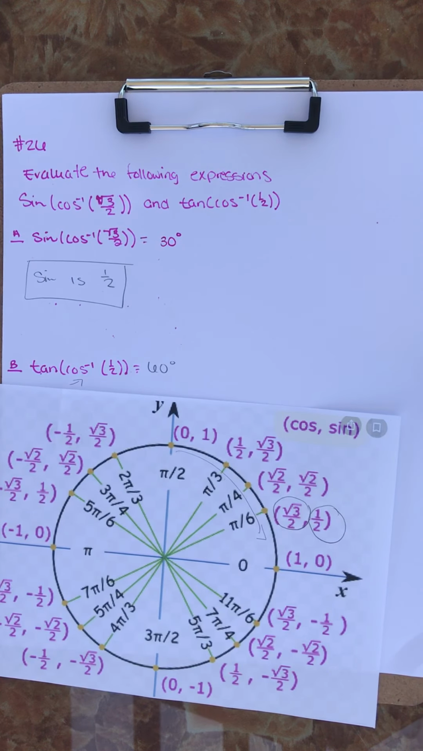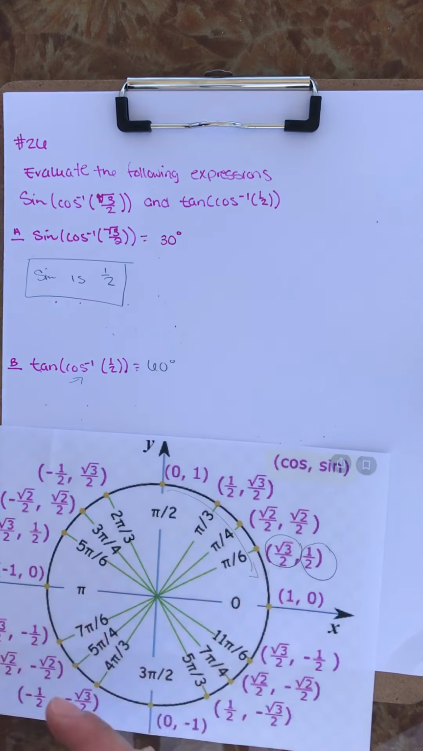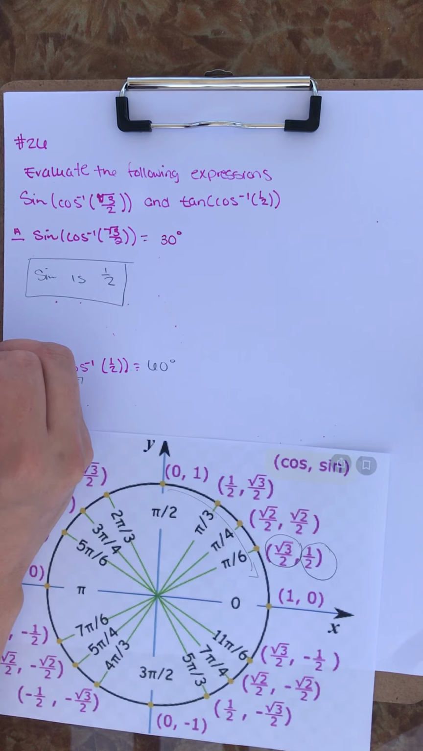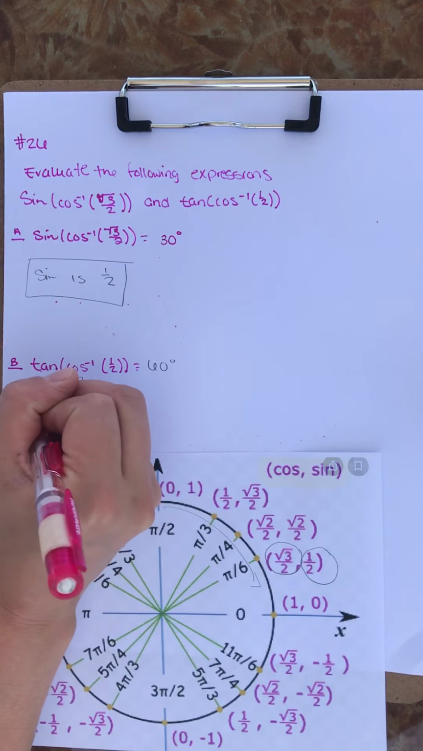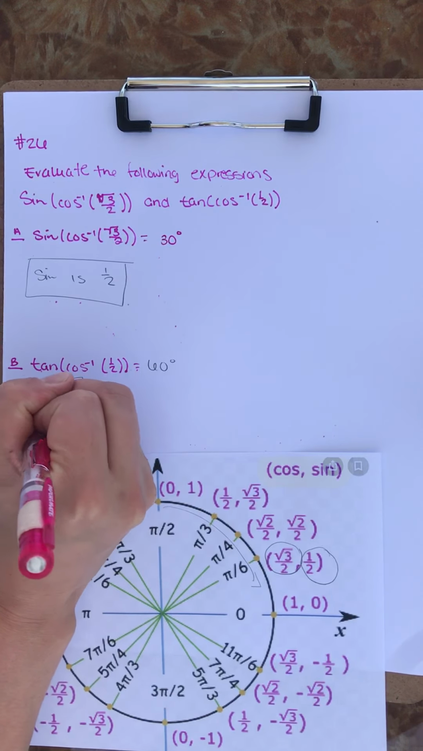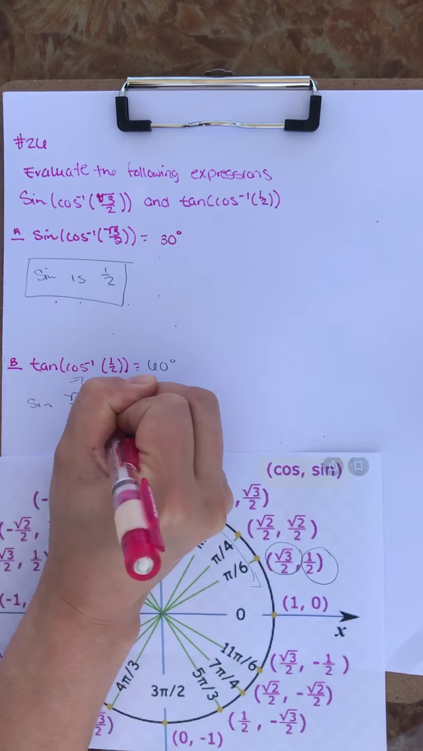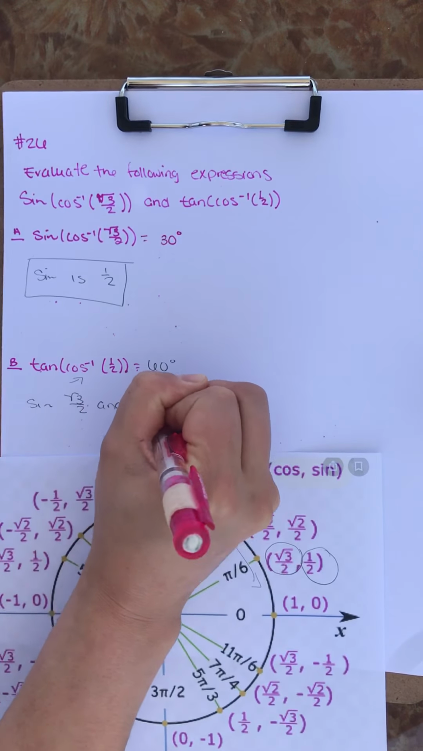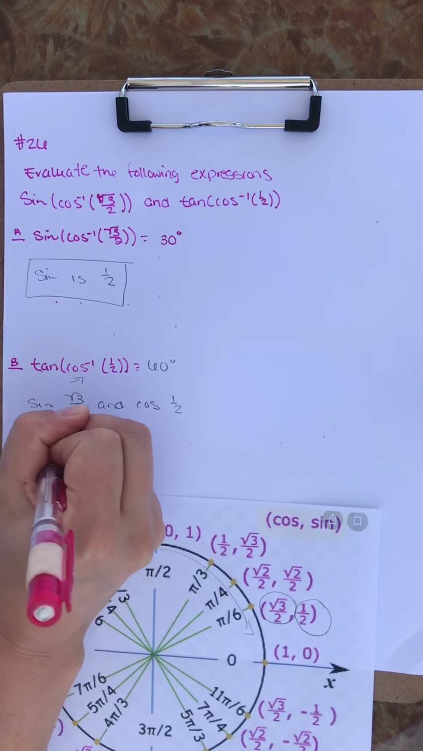So at 60 degrees, we know that sine is square root of 3 over 2. So we have sine square root of 3 over 2, and we also know our cosine value of 1/2. To find tan,